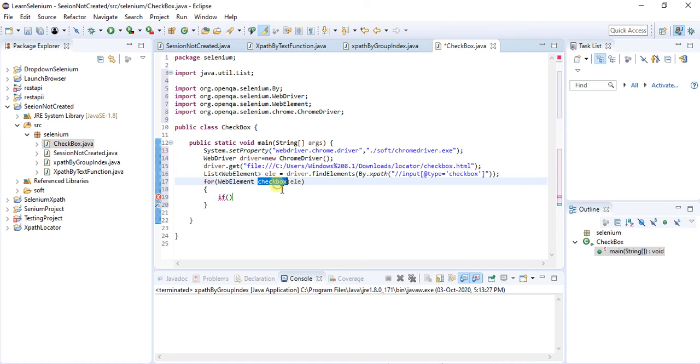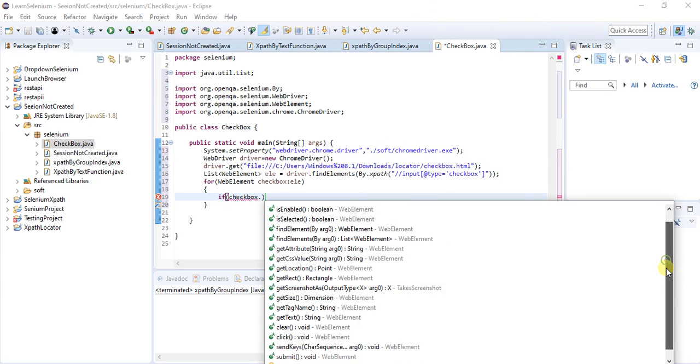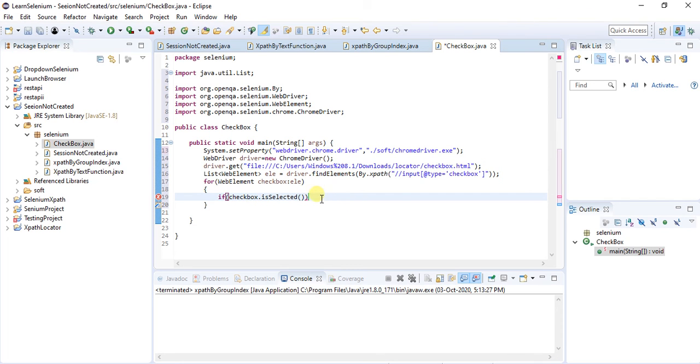So, I will just take this one. So, here a list of options are available. So, the options are isEnabled, isSelected, and getCssValue. Okay, what I will do, I will select. I am going to take this one, isSelected.